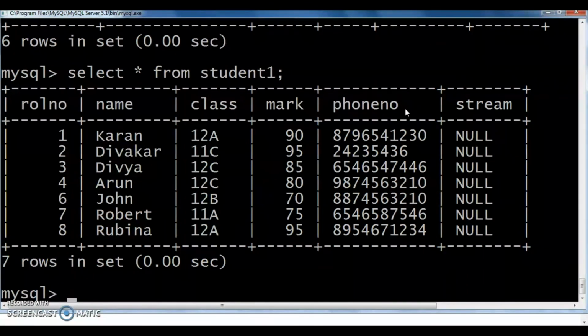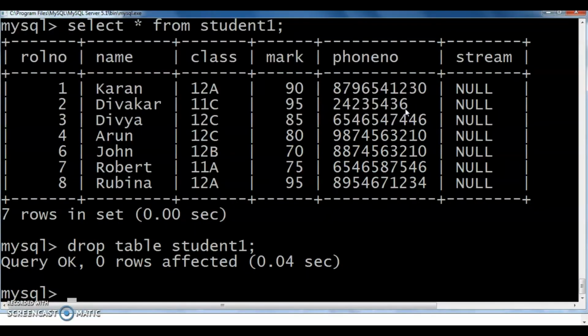Now I am using this drop command for deleting the full structure of the student table. The syntax is drop table student1. I am deleting the full structure of that table from this database. Drop table student1. Query OK, 0 rows affected.